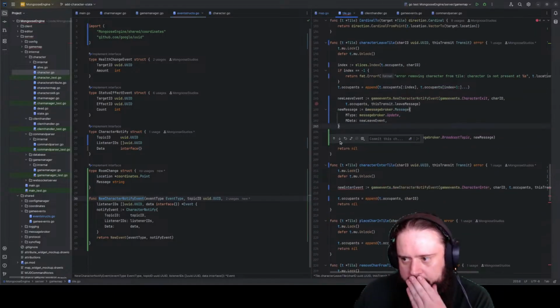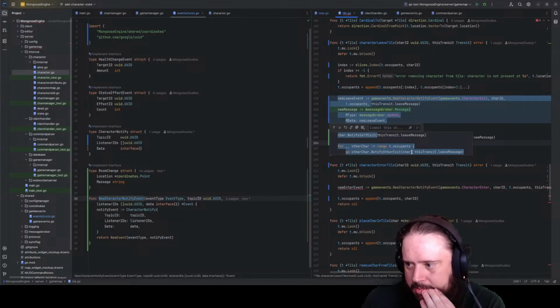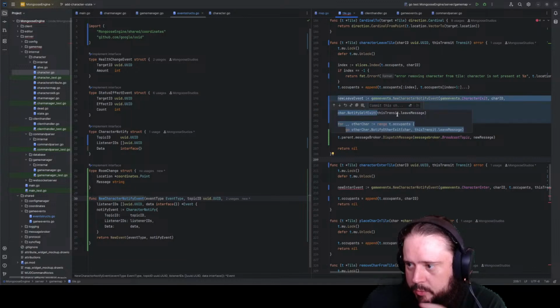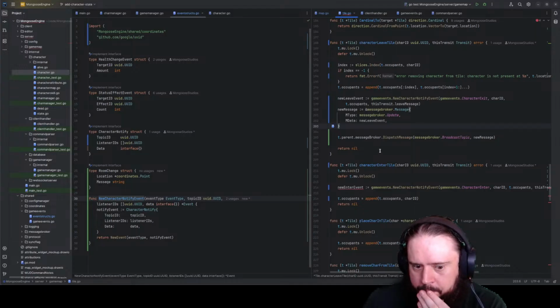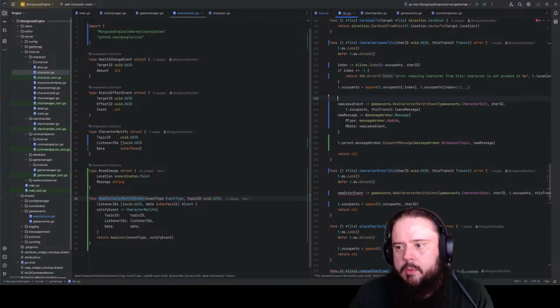oh, you know what? The notify other exits. Notify self. This transit leave message. Yeah, okay, yeah. They all use the same message. So we can still use the same. So our leave